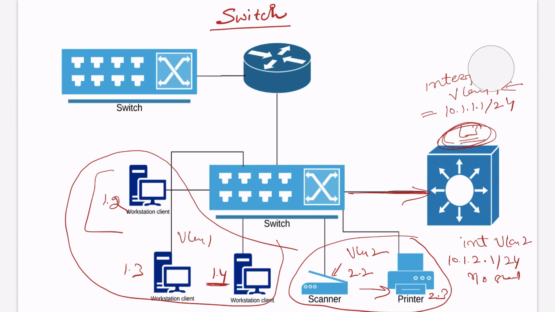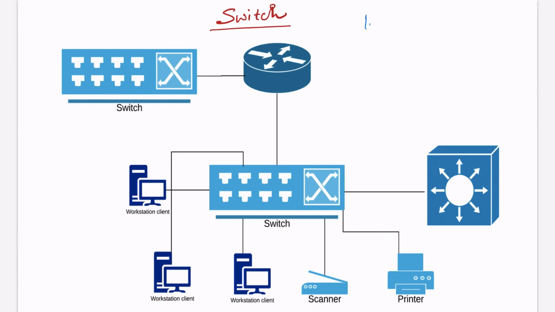Now I'll do a recap. First thing, this switch is a multi-port appliance. Second, multiple devices can be connected to the switch. By default, VLAN 1 will be part of this switch, meaning all of the ports will be part of VLAN 1. We can create multiple VLANs. All types of devices can be connected to a switch. Switch understands frames. Switch deals with MAC addresses, which are the physical addresses, while a router deals with logical addresses. To be able to communicate between the VLANs, you need to have a layer 3 switch or a router.